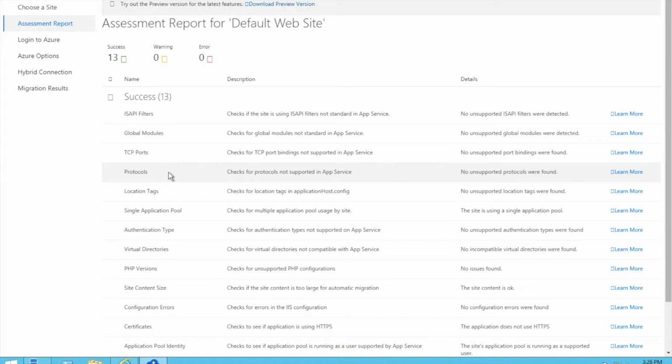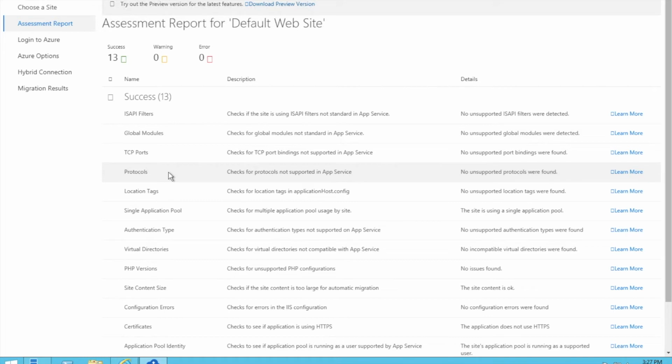Then location tags. Azure App Service uses a pre-configured IIS applicationHost.config file and it doesn't support the location tag feature. So what needs to be done is that settings for each web app need to be moved to an individual web.config file.